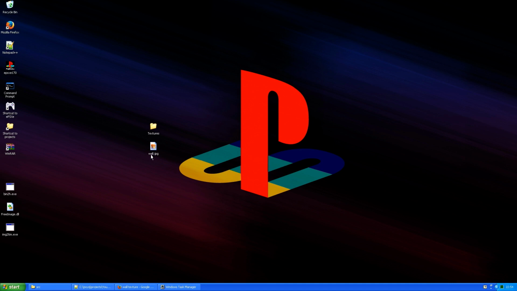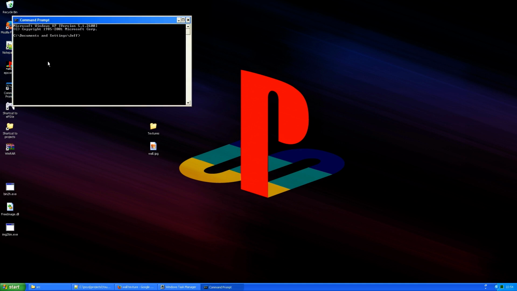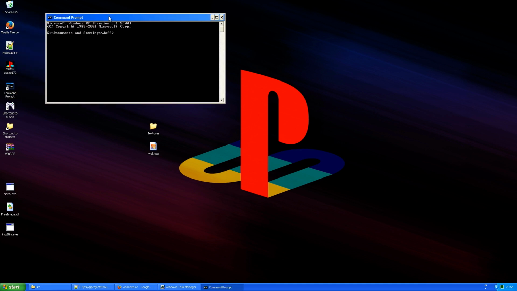Now that you've got your wall texture or image, you want to convert it to a TIM file and then a header file. I've put bin2h and im2tim on my desktop just for convenience because these are command line applications. So you want to have them nearby, otherwise you're going to be constantly changing your directories. That's because you're going to open command prompt, do cd for change directory, desktop, because that's where I've got them. Then I'll call